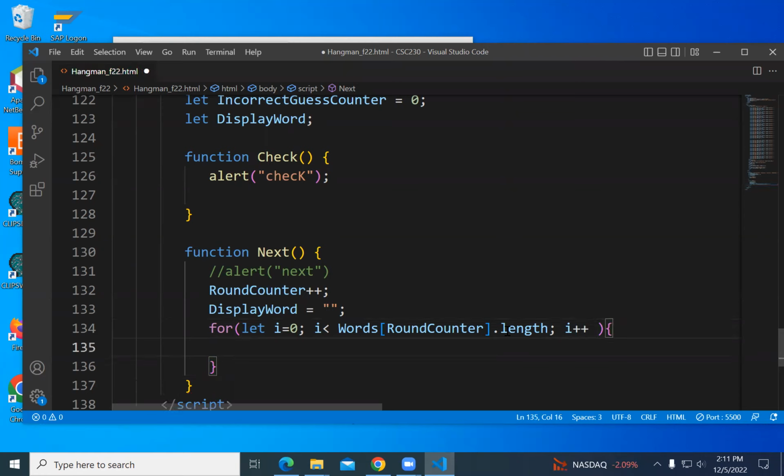All right. So now we have our for loop over the number of letters in the word, and I want my display word to be asterisks. If I have a for loop that's going to go repeatedly, if it's a 4-letter word, it's going to be in that loop 4 times. How do I get the display word to be 4 asterisks?